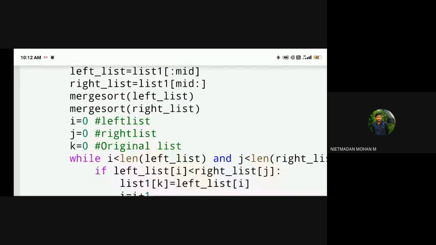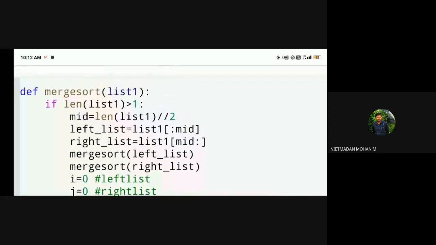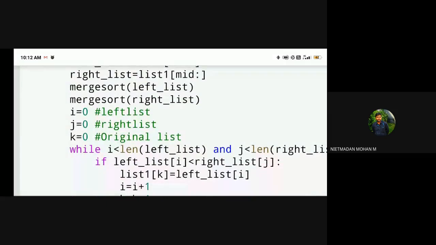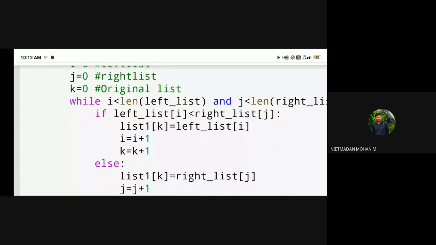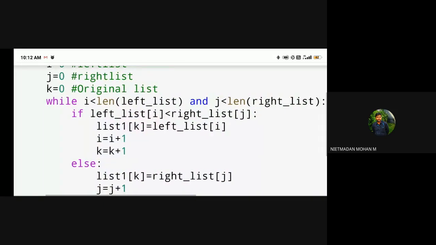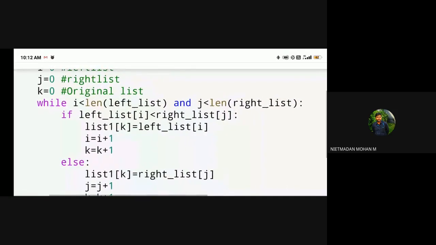Now consider i is equal to 0, j equal to 0, and k equal to 0, where i is for the left list, j for the right list, and k for the original list. Now we have the condition, if len of list1 is greater than 1, so for that a recursive function will be applied here.